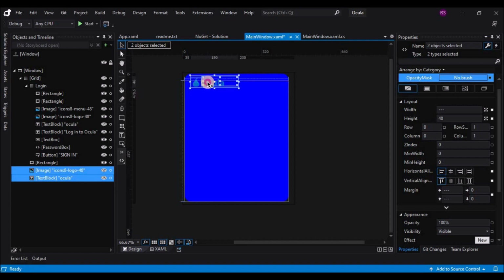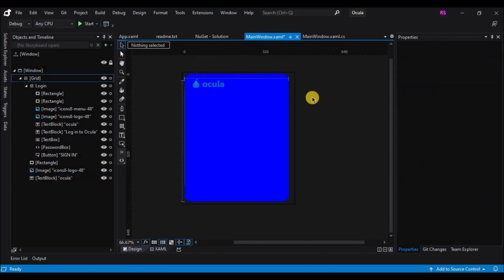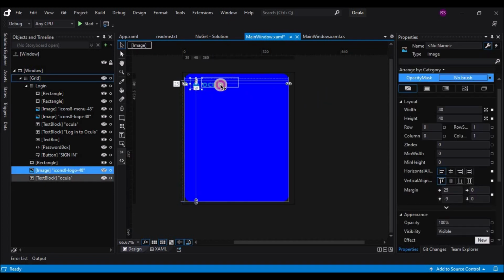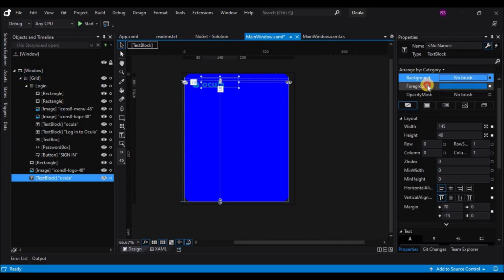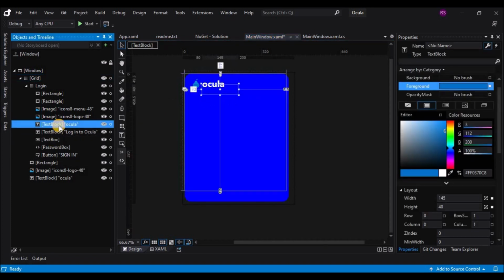The sign up form will have only one or two controls extra, which are different from the login form. So we'll mostly make use of the existing controls on the login form. So let's change the forecolor to white. Okay, and let's copy the login text block from the login form and paste it on the grid.